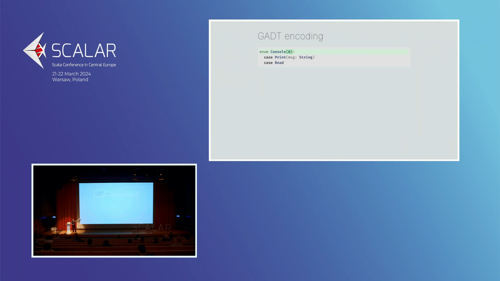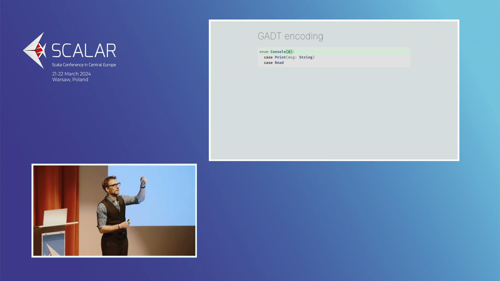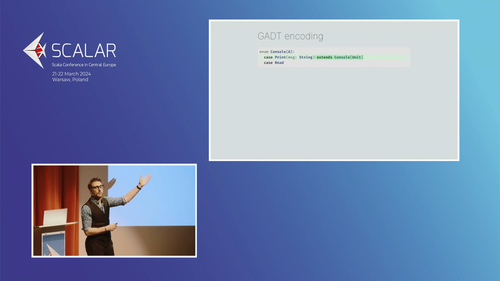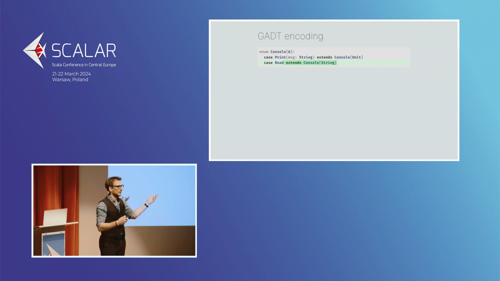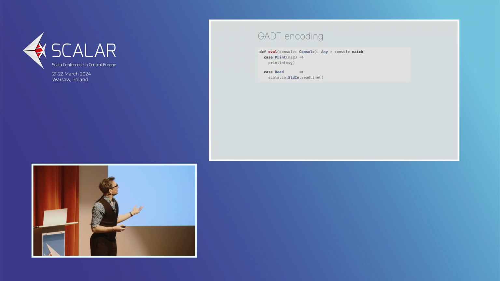You add a type parameter whose job is to represent the type of the values that you would have as you evaluate a statement. So in the case of print, for example, that's going to be console of unit because print returns a unit. And in the case of read, you get a string because read evaluates to a string. Which solves our problem here immediately because once we add the type parameter, the very definition of that type parameter is that it's going to be the return type of eval, so we just have to do that. And that is going to compile, that's going to run, and everything's going to be fine.